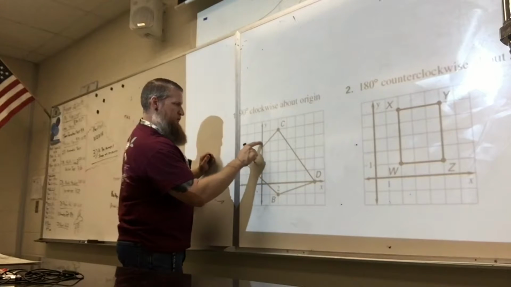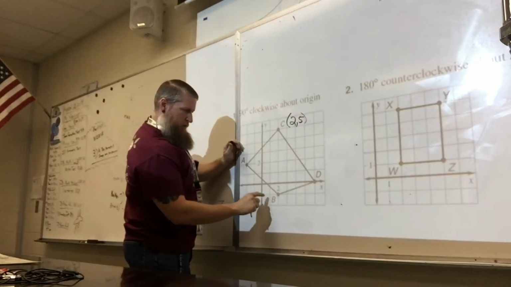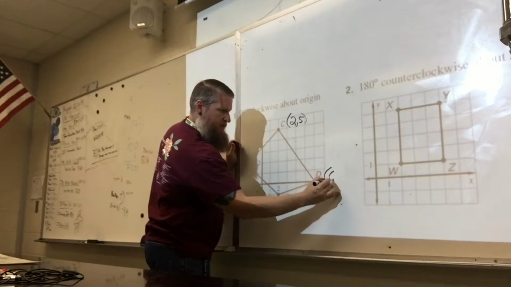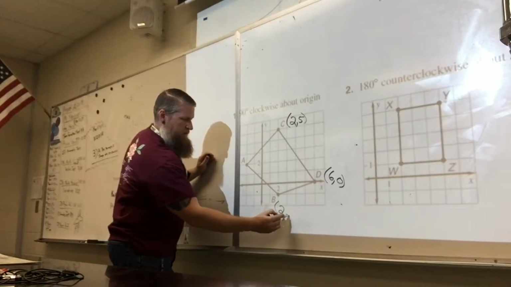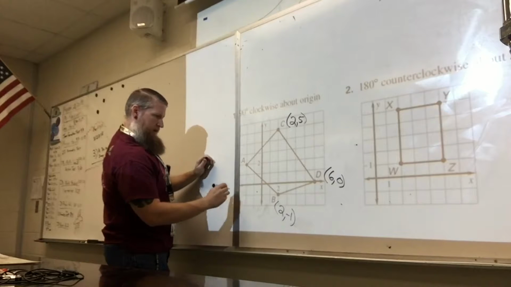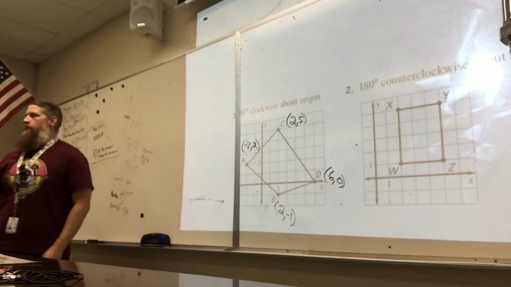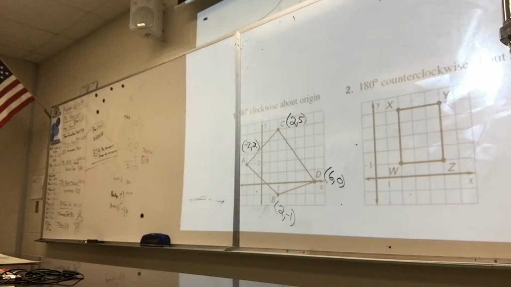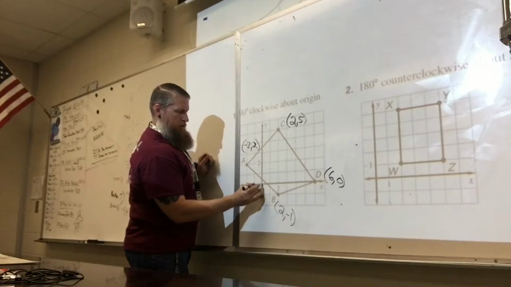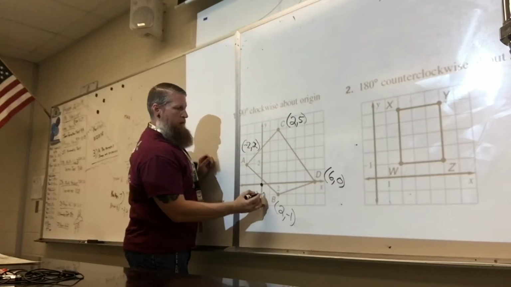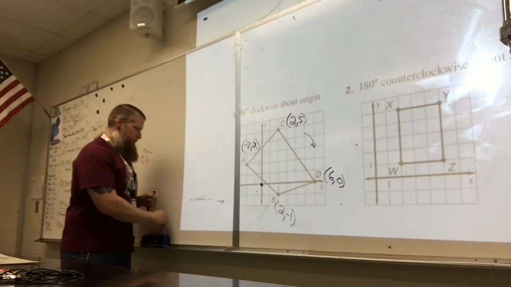Is that 1, 2, 3, 4, 5? That point there is at 2, 5. This point here, 2, 3, 4, 5. This is 6, 0 for D. B is at 2, negative 1, and A is at negative 2, 2. Okay? So now, and I'm doing this around the origin. So my origin's right there. I'm going clockwise, so it's going that direction. Okay? Now,